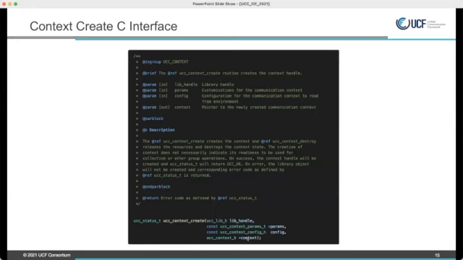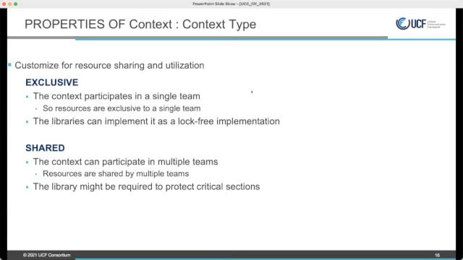So one of the properties that we have on the context is to express how it is shared. We have two types of context: one is exclusive and the other is shared. A user creates an exclusive context when the user wants to map it to a single team.